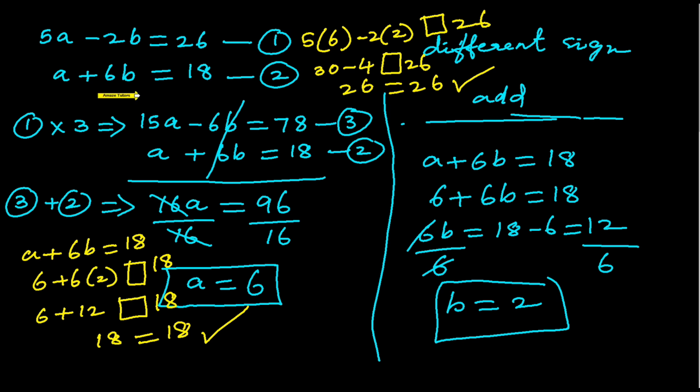So students, this is how you will carry on with case 2. Multiply one of the equations by some constant to make the coefficients same so that you can proceed with the elimination method. And after getting the answers, to do the checking part, substitute the values in both the equations and see whether they are true. Okay, I hope you understood case 2 of elimination method.